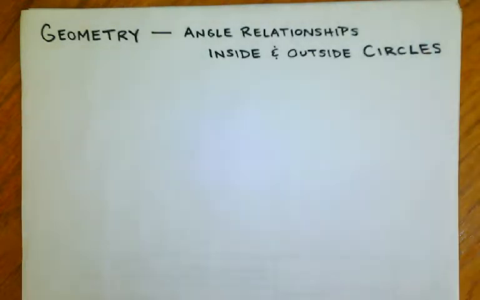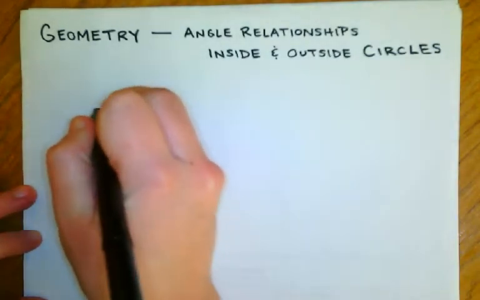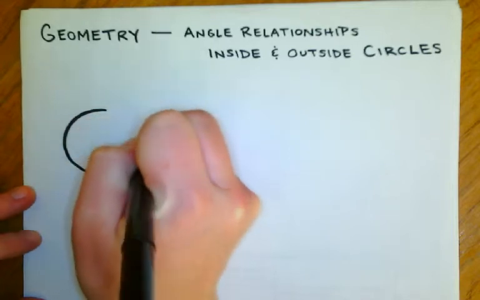There are basically three formulas or relationships that are found from angles on inside and outside circles. All right? Because there's three places that an angle could go. If I sketch a circle here,